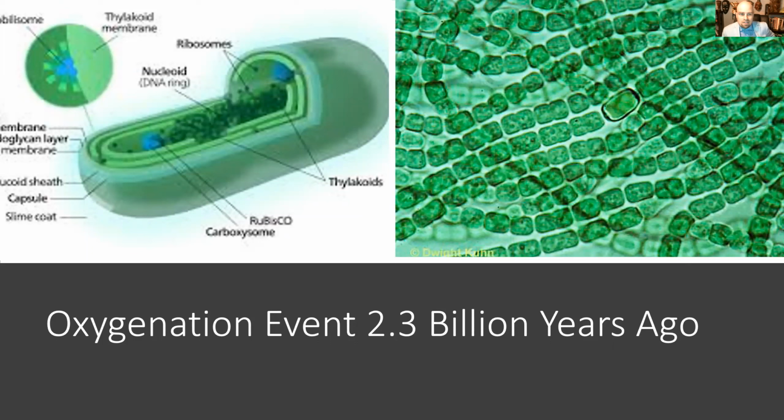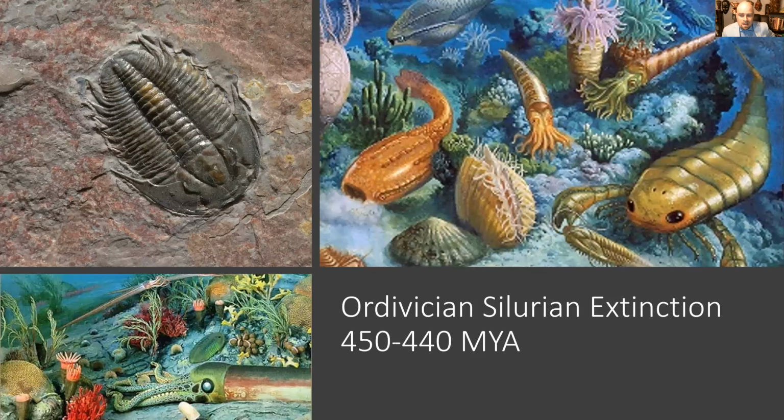So we have this event where large amounts of single-celled cyanobacteria end up fundamentally transforming the earth forever and killing off a lot of previous life forms. So that's pretty cool. I mean, it's a mass extinction that actually led to environmental conditions that are conducive to us today. Another major extinction event is the Ordovician-Silurian extinction that happened about 450 to 440 million years ago.